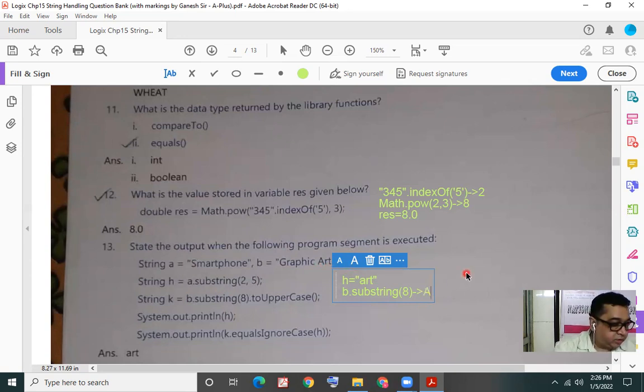So we'll get the characters ART. That would be the result of the substring, and this will be converted to uppercase. Now the string ART will be given to the toUpperCase method, which will convert all the characters to uppercase.